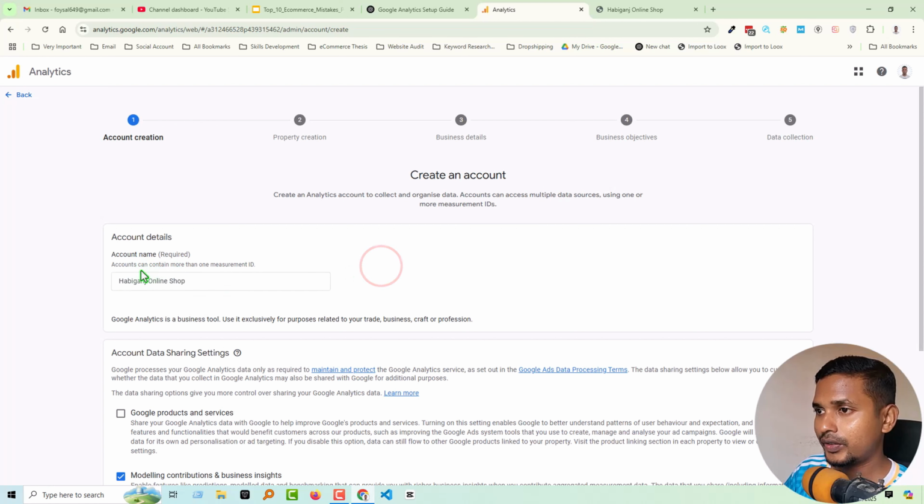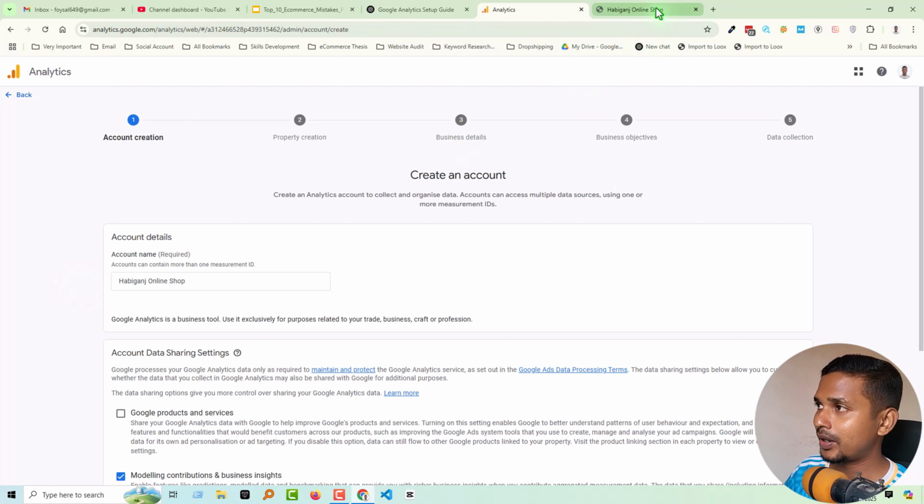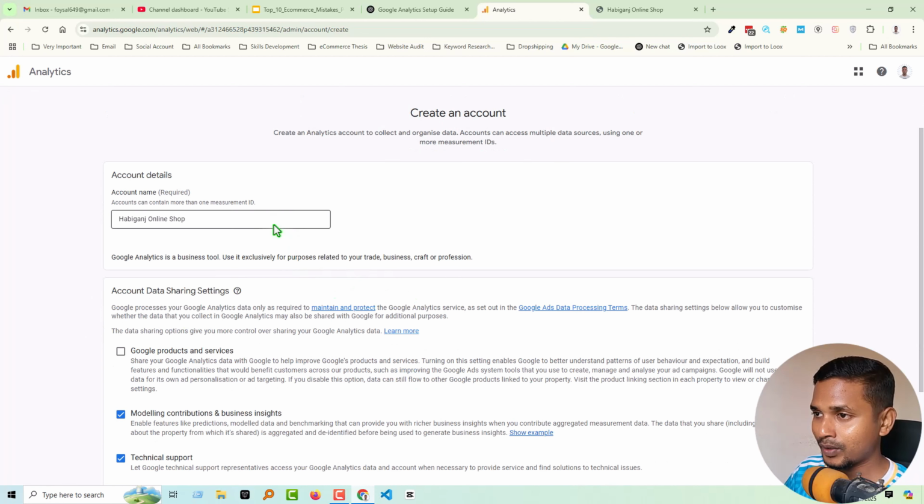Okay, this is the account name and it's required, and you can write the account name the same as your website name, then you can understand very easily. Because when you add multiple accounts or create multiple websites in your Google Analytics, then you can easily understand which account is for which website. Okay, then scroll down,